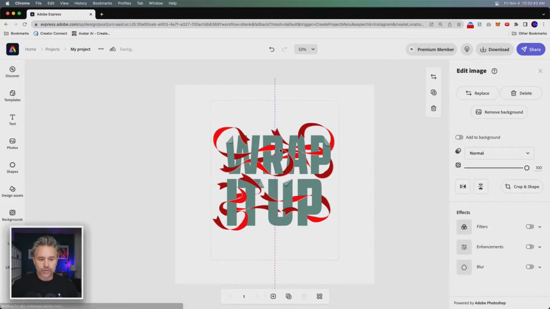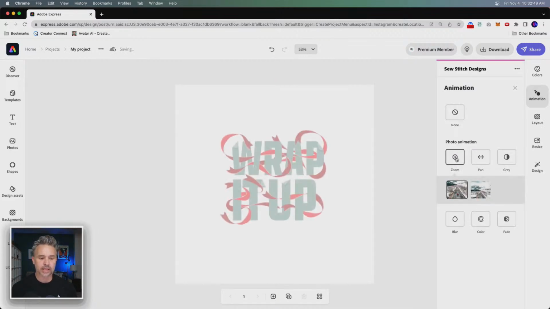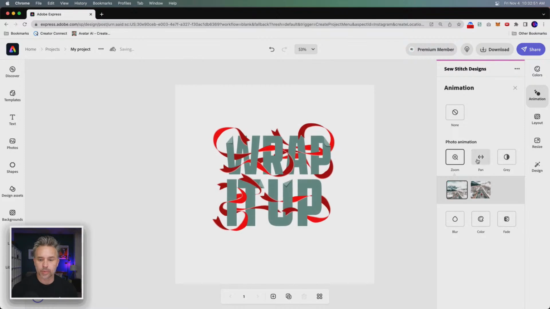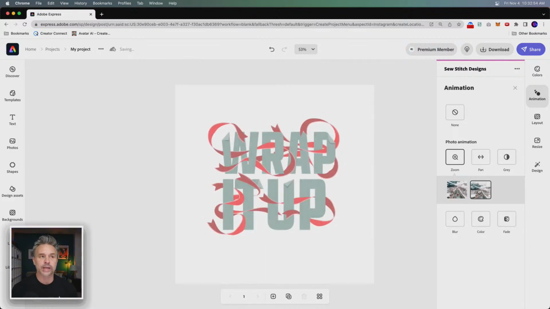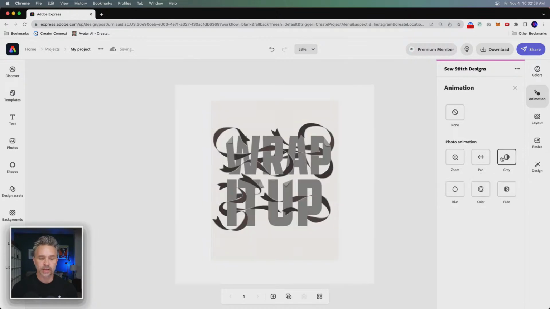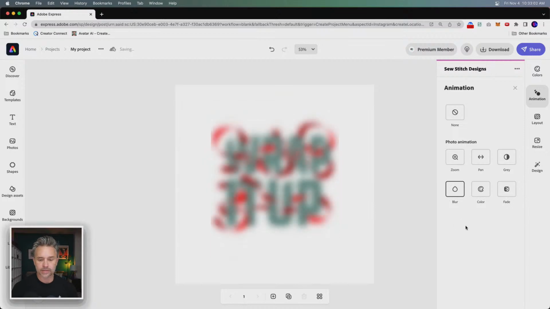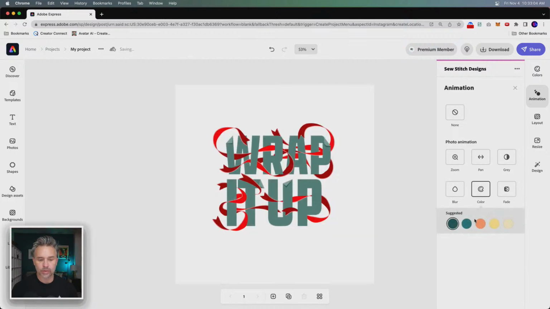Without really doing anything, I can jump in, go to animation, and do a zoom where it brings it up like so, or shrinks down. It just gives me that little bit of motion, depending on what I want to do. So it brings it to life a little bit more.